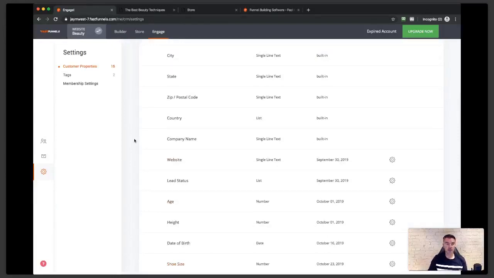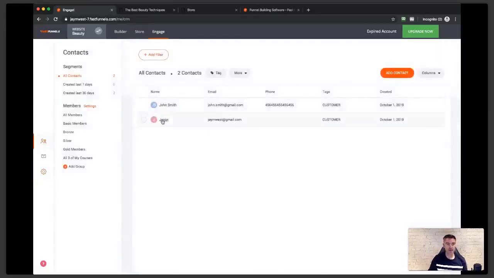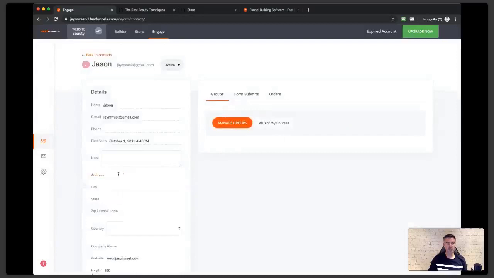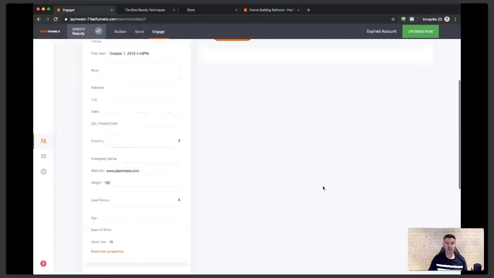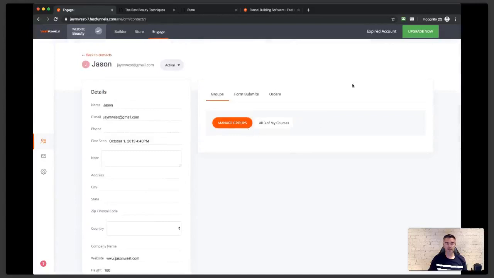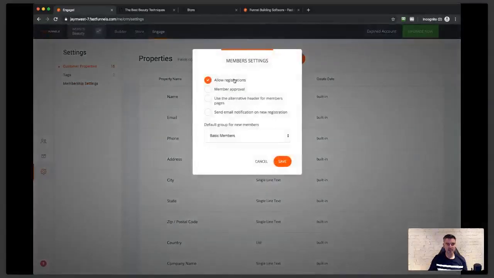And then this will be in a lead now. So if I go back to the leads and I go back to me, that field that I've just created will be there. And there it is, shoe size. And then you can just literally use the little arrows here and select your shoe size. So really, really flexible system that we have around the back end here. And there you go. Membership settings are there,